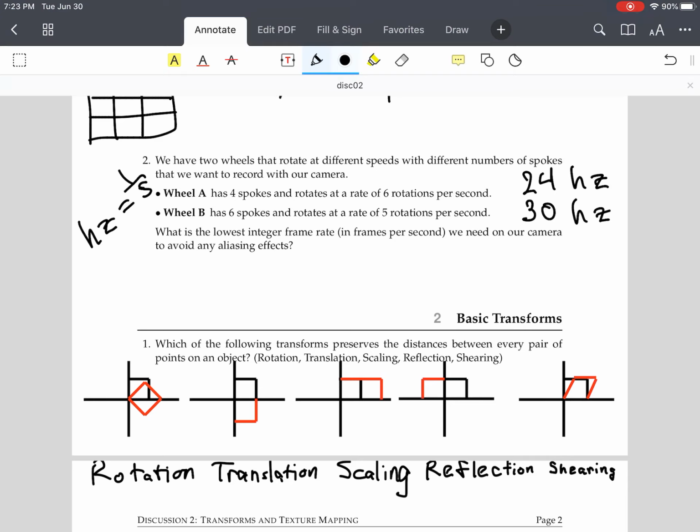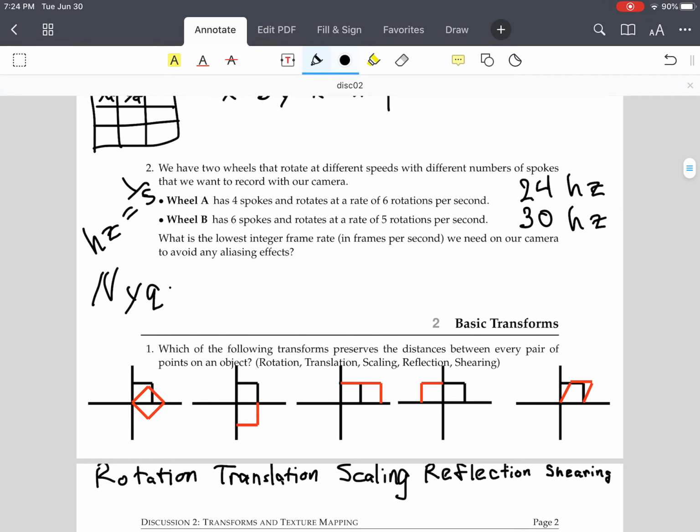Now we want to know, what is the lowest integer frame rate in frames per second we need on our camera to avoid any aliasing effects? If you look at the lecture, we discussed an idea called the Nyquist frequency. What the Nyquist theorem tells us is that the Nyquist frequency is the lowest frequency we need to sample at to avoid aliasing effects, and that is a frequency higher than double the max frequency. So if I write that down, Nyquist is greater than 2x